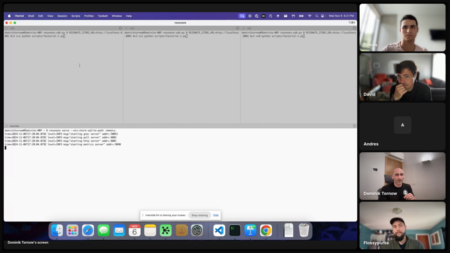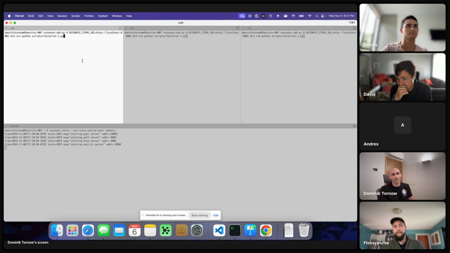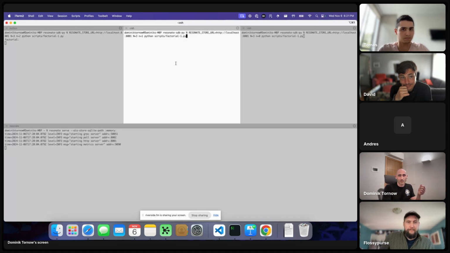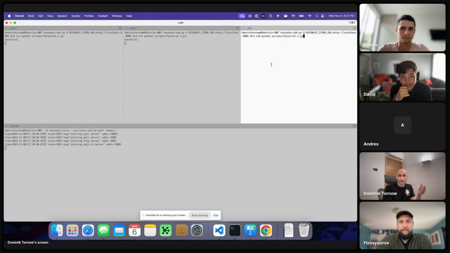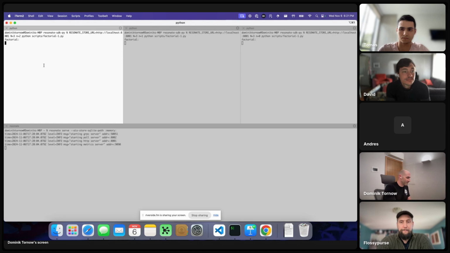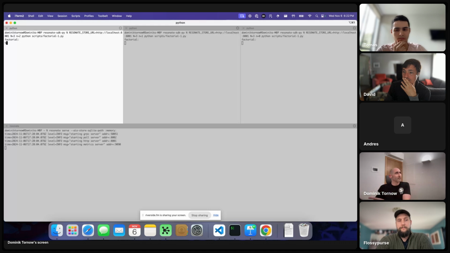So I am messing around a bit with the assignment function so that we see it just like the cool effect. All right, so now I'm starting the same script on each and every server, and any of the servers accepts a factorial to calculate. I want to calculate factorial 5, right? So now what I want to see is that we calculate factorial 5 on the left and factorial 4 in the middle, factorial 3 on the right, and then we keep going that way.